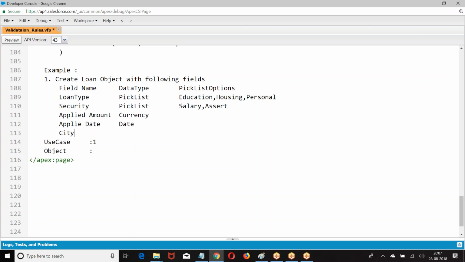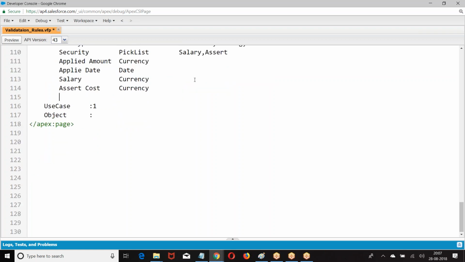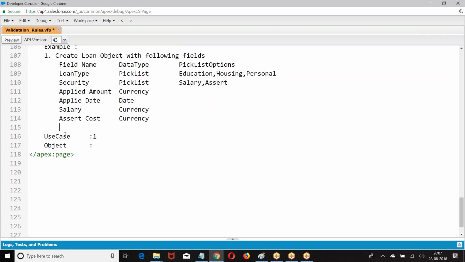Then we had what is the salary? Right, this is how we created. So use case 1.